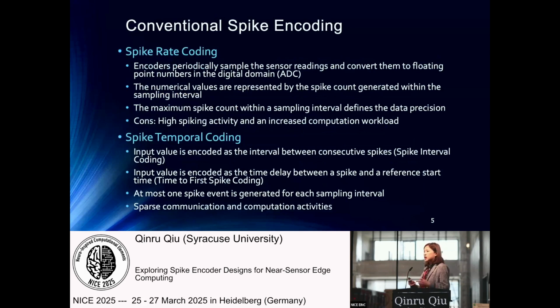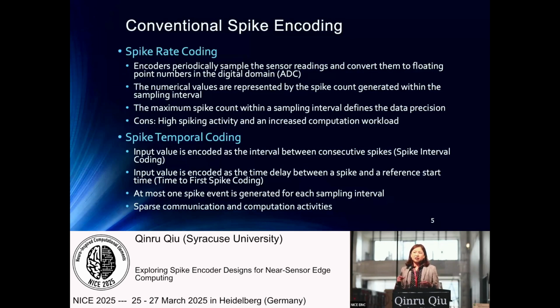There are two typical ways to encode the spike. One is called spike rate encoding, and the other is spike temporal coding. In spike rate coding, the encoder periodically samples the input sensor reading and converts it into high-precision floating point numbers. Then this numerical value is converted into spiking activities, and the value is represented by the spike count generated within the sampling interval. As we can see, the maximum possible spike count determines the highest achievable data precision. This type of encoding usually generates high spiking activity and hence high energy consumption in computing and